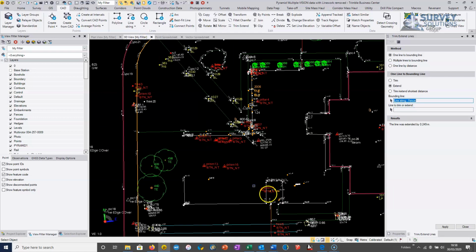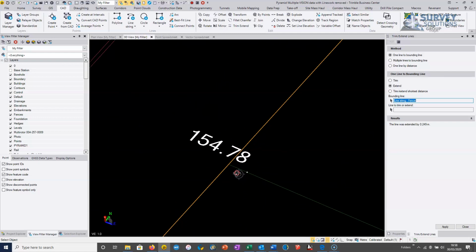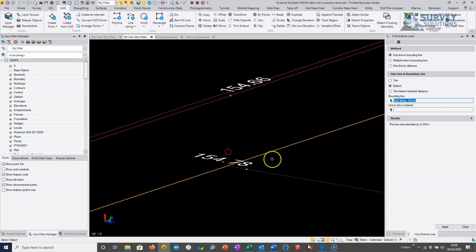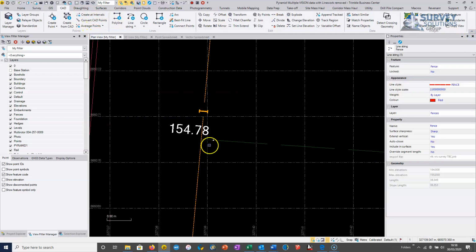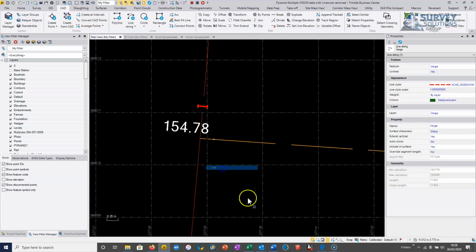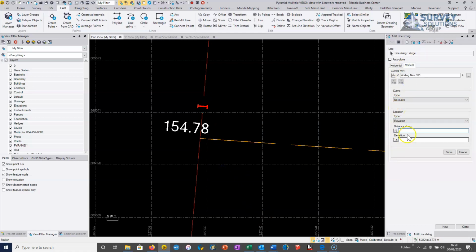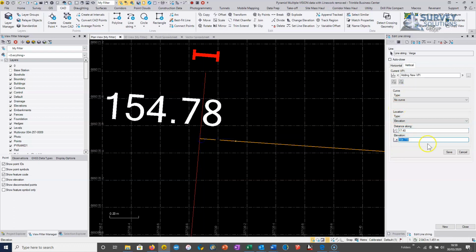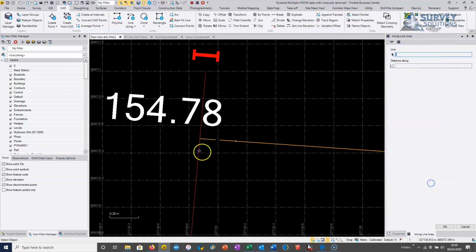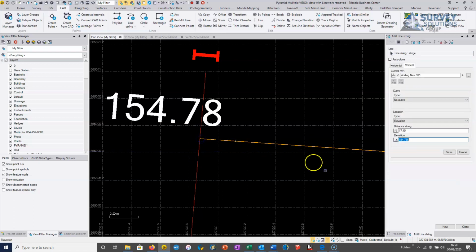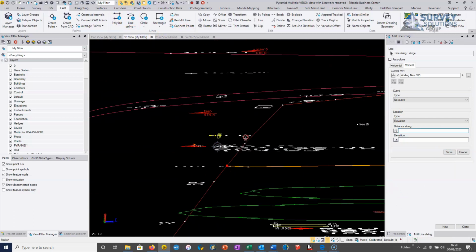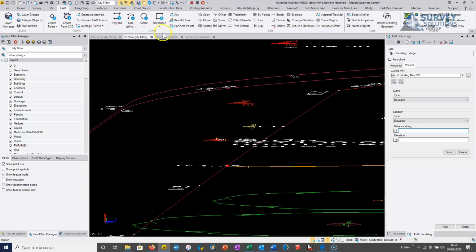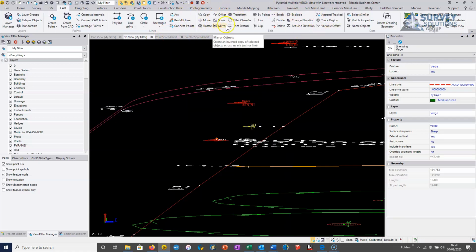Now, one thing we have to be a little bit careful of here is if I go into the 3D view, I can see that it's actually only done it in 2D. So if I want to get that absolutely snapped in 3D, which is certainly desirable when I'm forming my DTM, then I just go back in there and I can go into edit, and we can go to the vertical tab, and I can say that one there, and the elevation can be a long line snap, and we can just quickly edit it so it actually does truly snap into the fence line, so we don't get any silly triangles forming there. We have other options as well. Lots of these options here that you'll use for editing